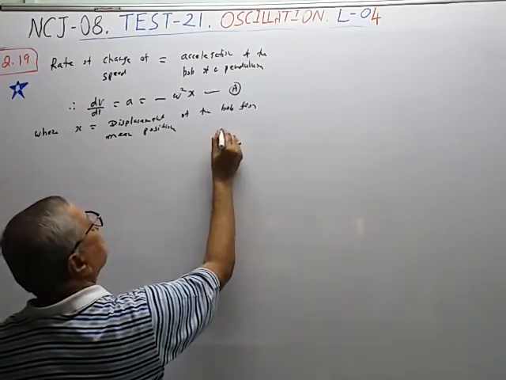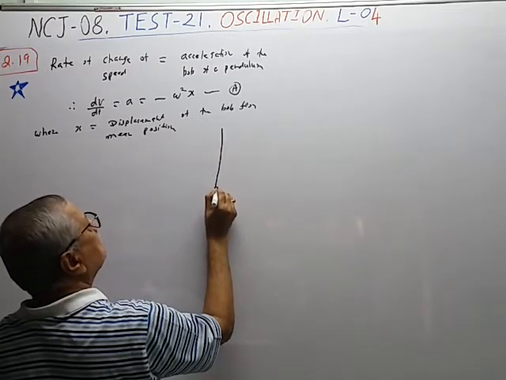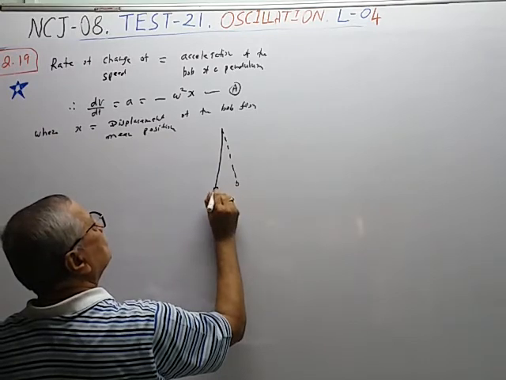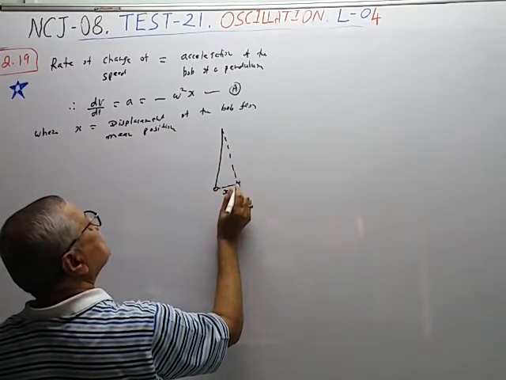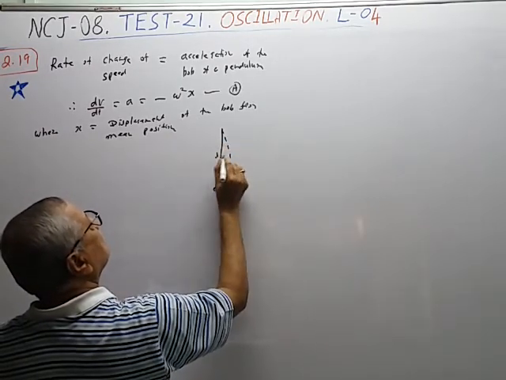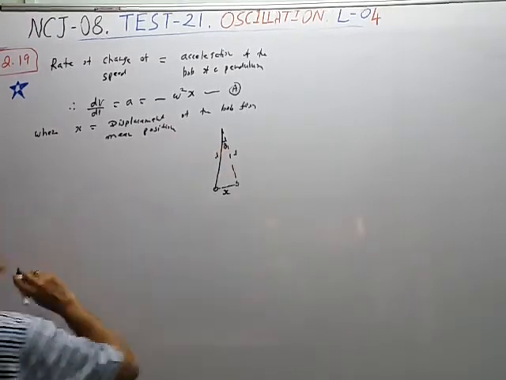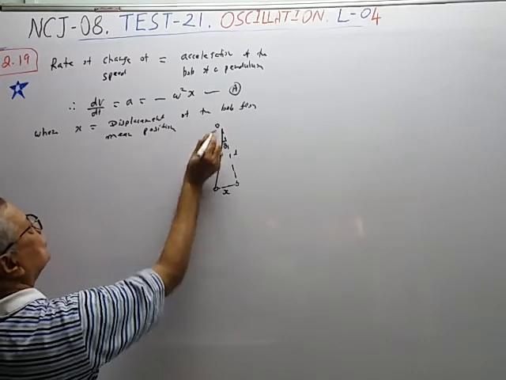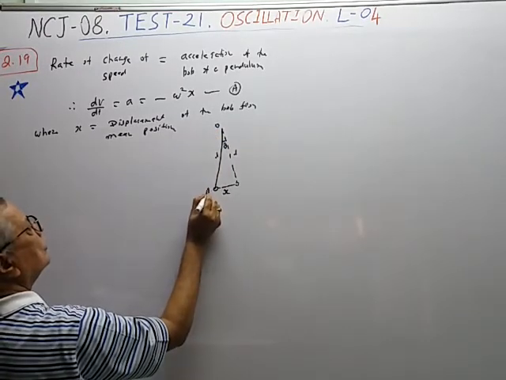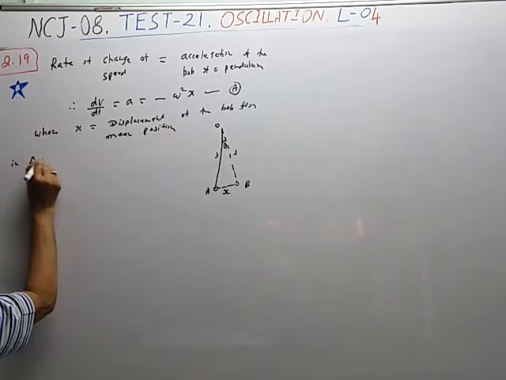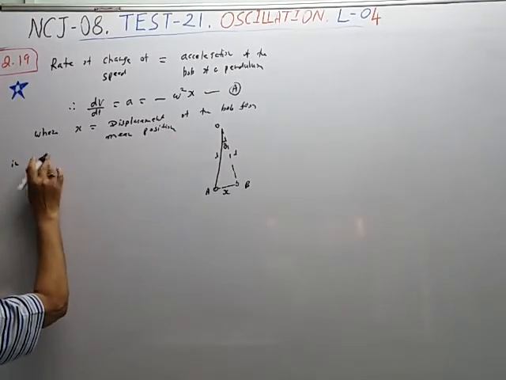So this is the equilibrium position, this is the deflected position. So this distance is x, this is L, this is also L, this is theta. So in triangle OAB,